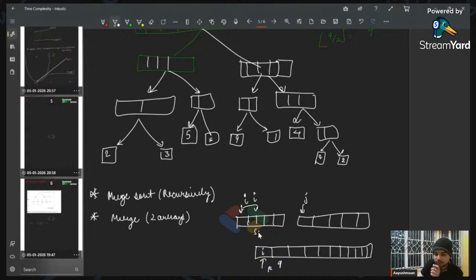रिमेंबर, दीज टू नीड्स टू बी सॉर्टेड एरेज। इन दोनों को अपन मर्ज कर रहे हैं, ठीक है। तो ये भी सॉर्टेड है, ये भी सॉर्टेड है। अब ये जो बनेगा ये भी सॉर्टेड होगा बट मर्ज्ड फॉर्म में होगा। अगर तू बस थोड़ा इमेजिन करने का ट्राई करे, विजुअलाइज करे, लेट मी अगेन टेल यू।